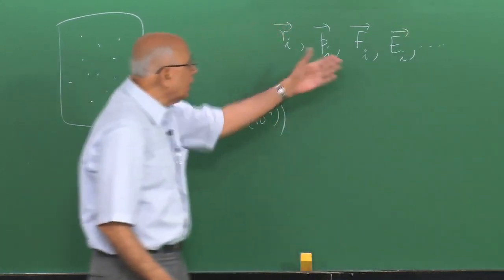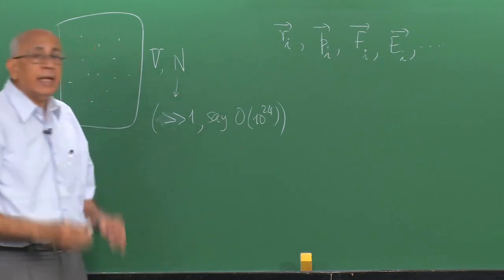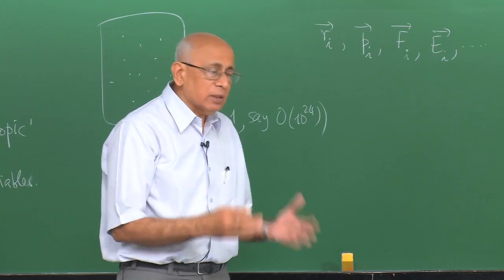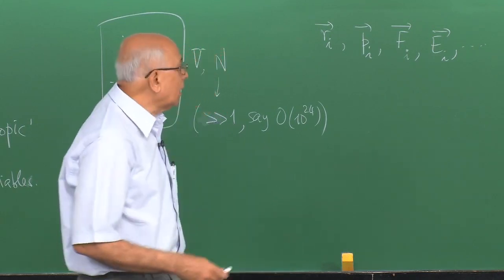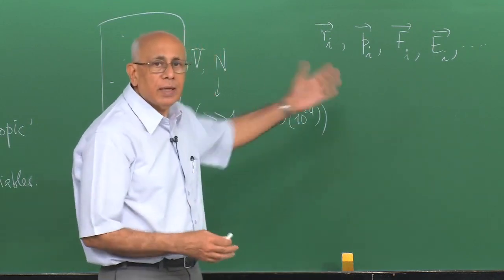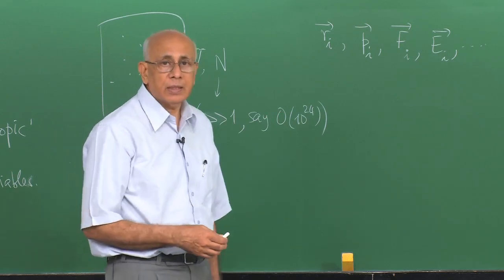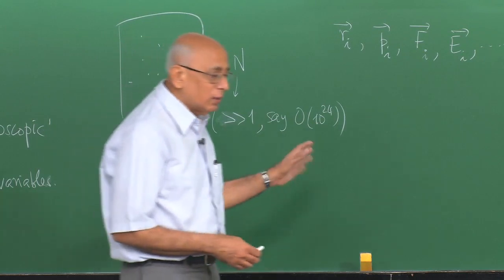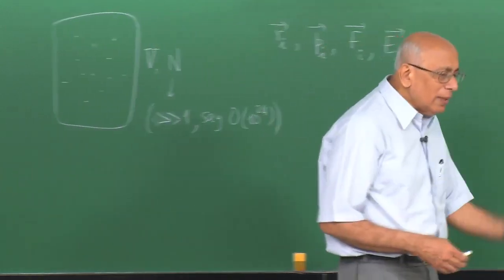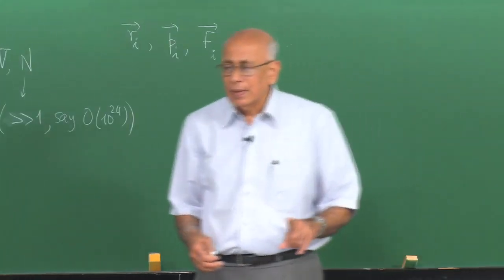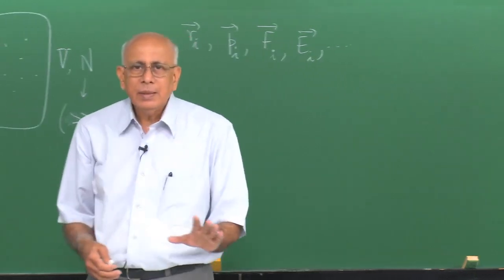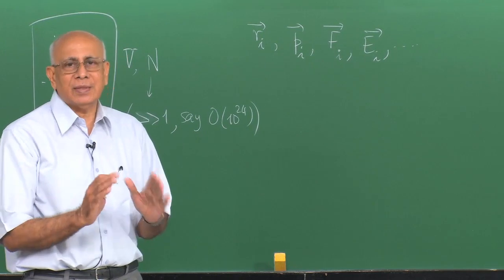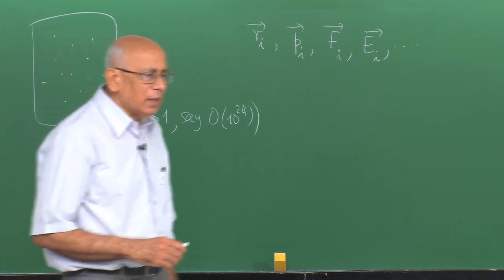You would need to know all these dynamical variables at any given instant of time, and then in principle you would solve Newton's equations of motion for each particle and write down the solutions for all the dynamical variables at any subsequent instant of time. Now this is obviously impractical if you have 10 to the 24 particles. Not only is it impractical, it is virtually impossible. Not only is it virtually impossible, it is actually useless in some sense, because at the end of the day,